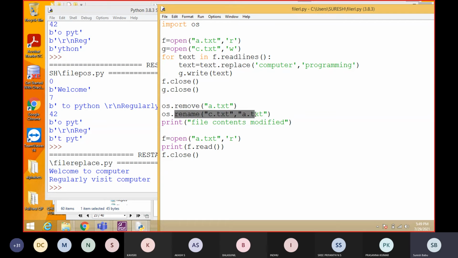This is the rename function: old file name, new file name. Then after renaming, it's going to display the file contents modified, and again I'm opening and displaying the content from the newly changed name.